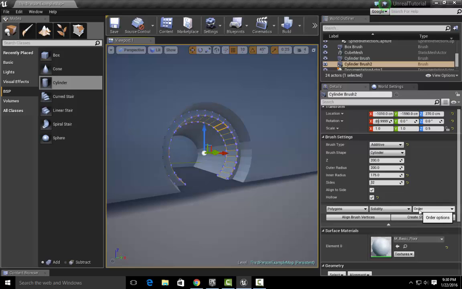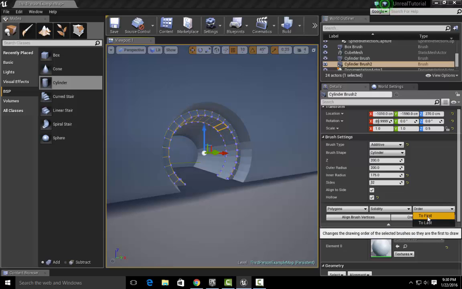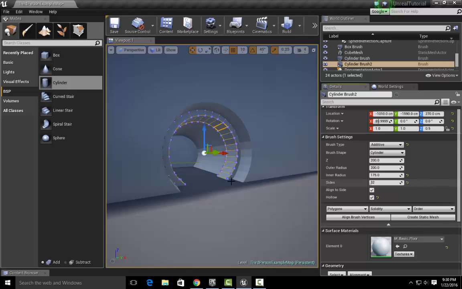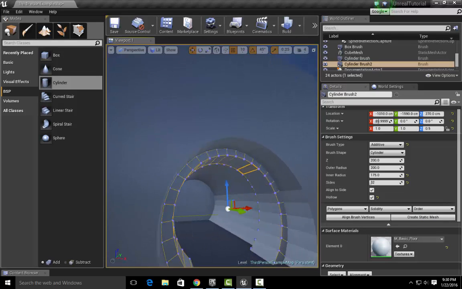The simplest way to fix this is, there's two ways. If you look down here, you see order options, first to last. If you change this, it's going to change the order it's in. Is it the first brush created or the last brush created? So you can do that, or what I like to do is,